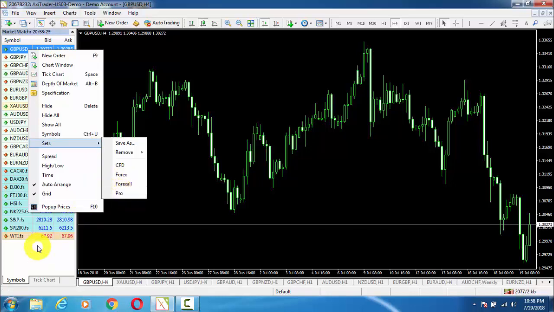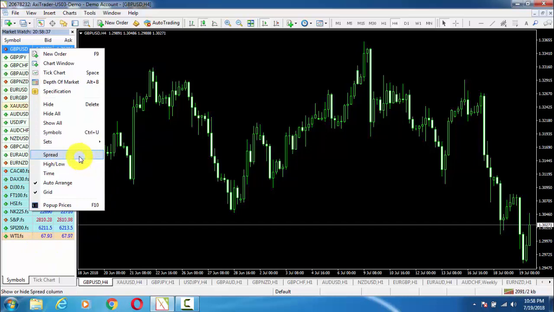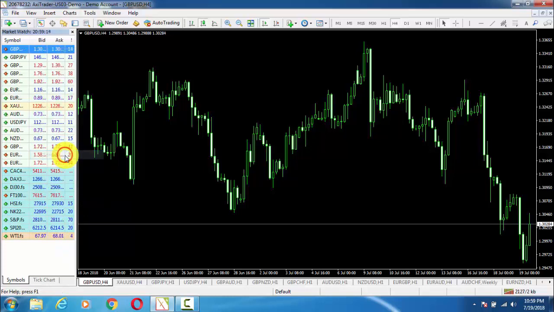So these are basically sets of symbols of currency pairs which are used in different forms like forex, forex all, pro, etc. After that, now this option is very important, especially spread. In selection of a forex broker, spread is very important, and you should always check this option on your MT4. We have already studied in our basic terminologies what spread is. Basically the difference between bid and ask price is the spread, and this is the bread and butter of a forex broker.